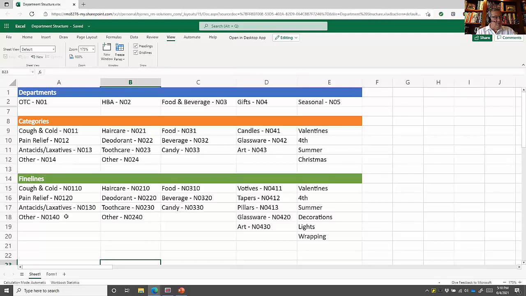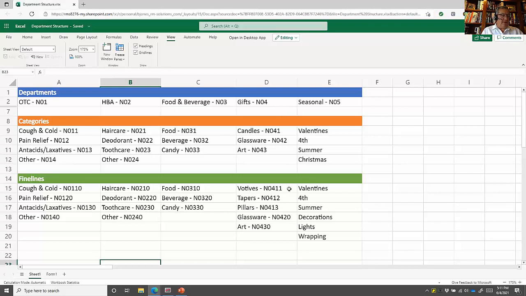Now I've chosen to do zeros at the end here simply because there's going to be no differentiation. There's not going to be any additional fine lines. The category and the fine line are going to be the same description, and I'm not doing anything further. It doesn't really matter what you put, though. You could put a 1 here, a 2 here, whatever you want. It's just got to be something, it'll be unique. Okay. Now, with that said,